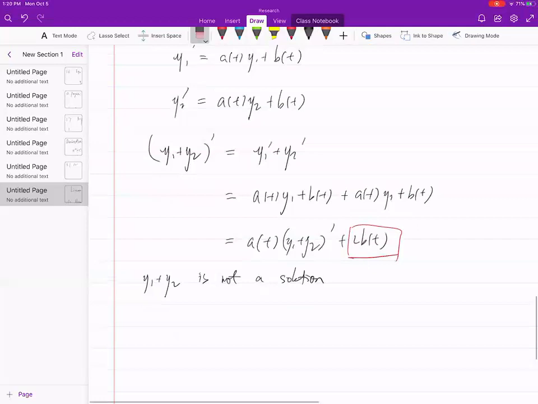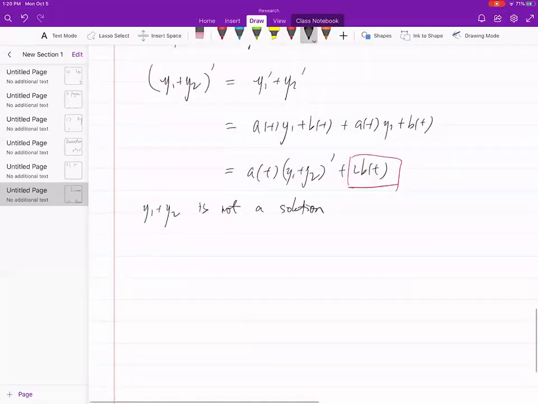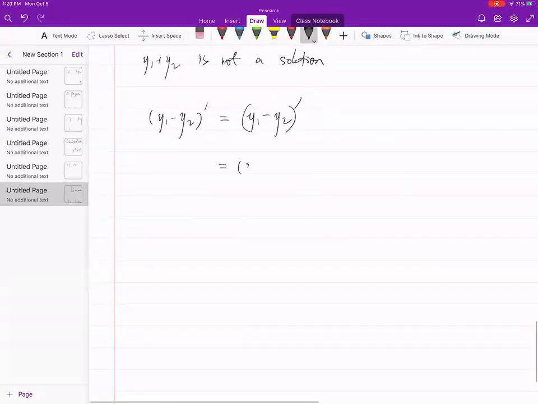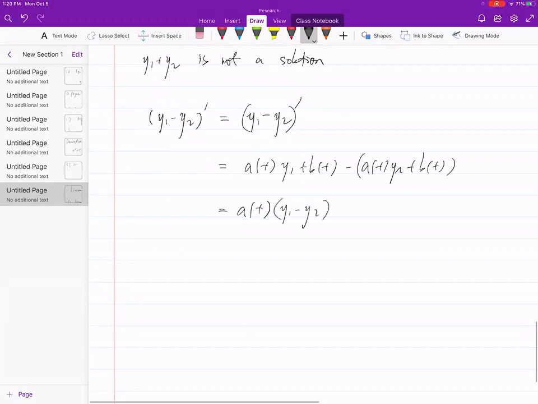Now what you want to do is you want to simply take the minus, and you find a very interesting fact. That is, if I take the minus, this is going to be a(t)y1 plus b(t) minus a(t)y2 plus b(t), which is a(t)(y1 minus y2), plus these two always cancel each other, no matter what b(t) you put in. This implies y1 minus y2 satisfies